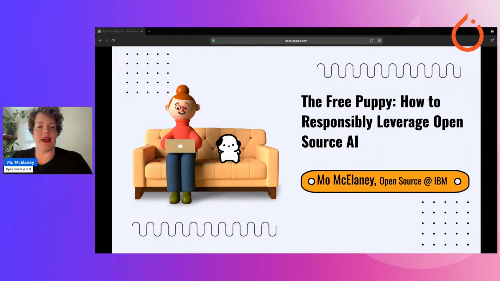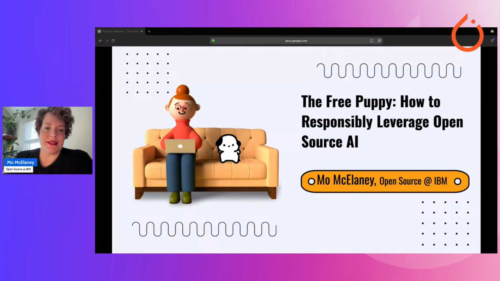So today I'm going to be talking to you about how to responsibly leverage open source AI. And the reason that I'm calling that a free puppy is, if it's not apparent, a puppy is a lot of work. Just because it's free doesn't mean it's not going to cost you time, money, energy, frustration if you're not careful.